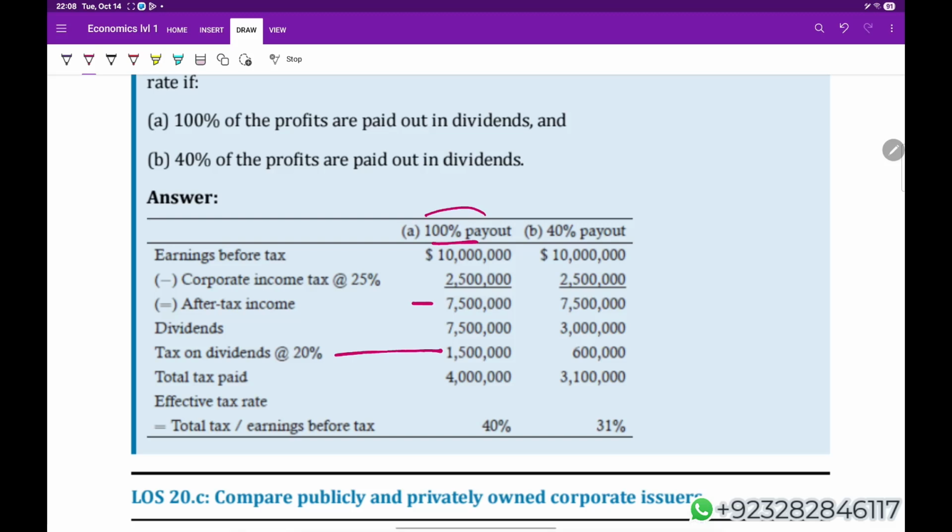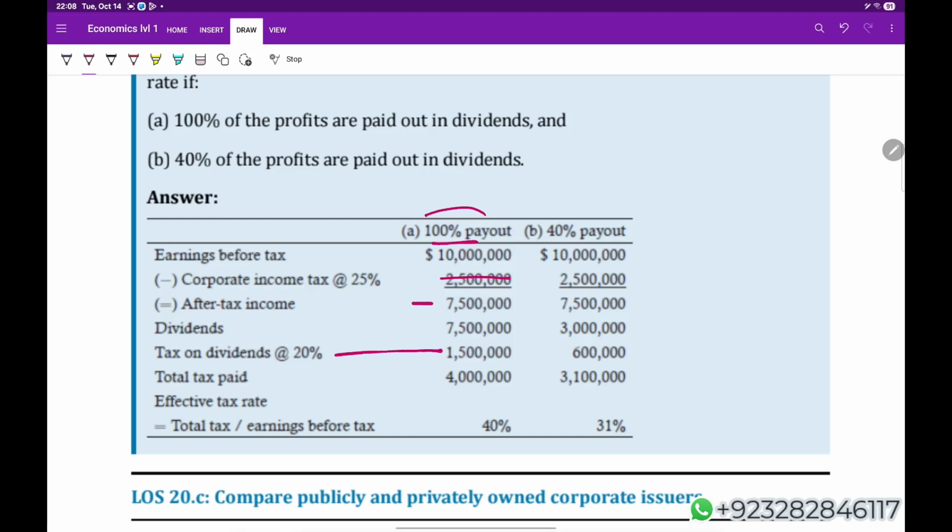In the absence of corporate income tax, which obviously would not be a scenario unless certain types of businesses are exempt from taxation, we would have $10 million available for distribution, and the whole $10 million would be taxed